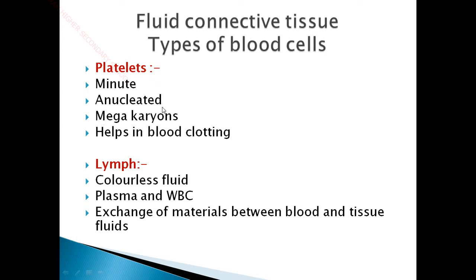And the main function of platelets is to help in blood clotting. So what is called blood clotting? Children, imagine you are playing in the playground, and suddenly you fall down and get a wound in your hand or some other part of your body. So once the blood comes out, after 2 or 3 minutes it eventually stops, it automatically stops. So how does this oozing of blood stop, how is this clotting of blood happening?